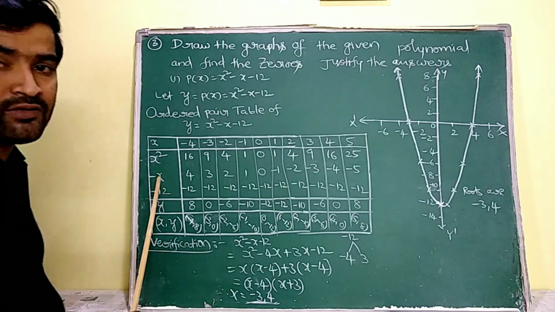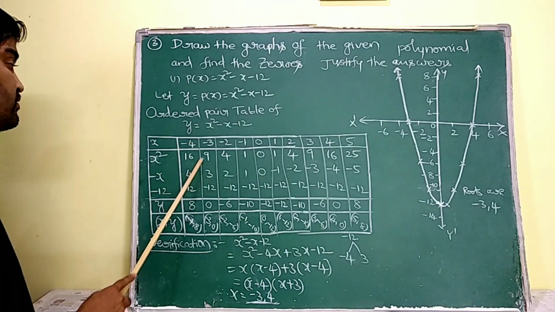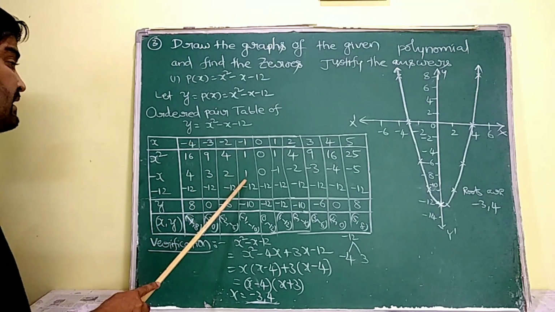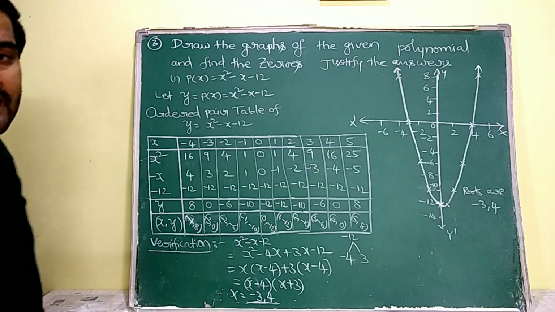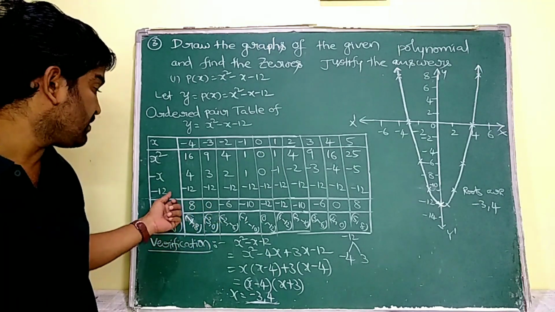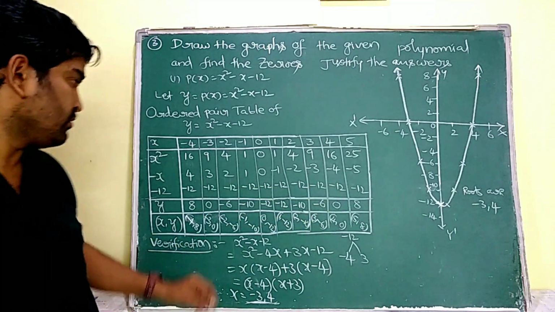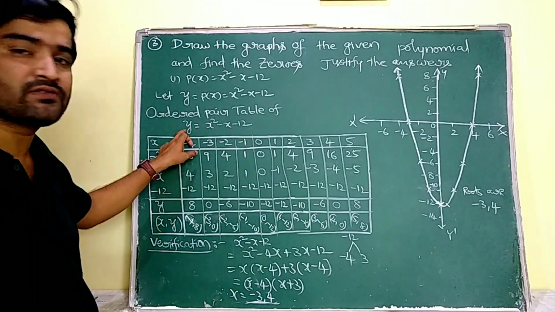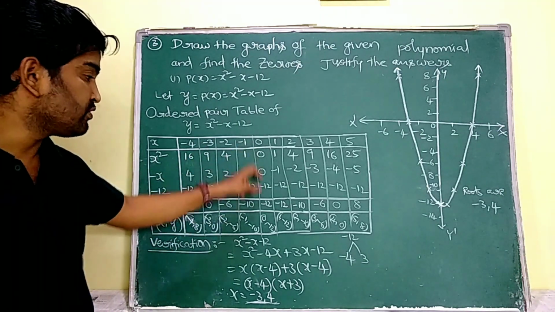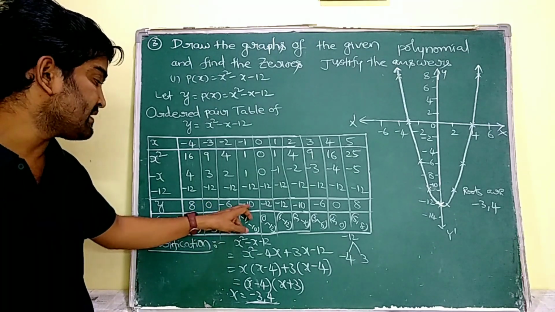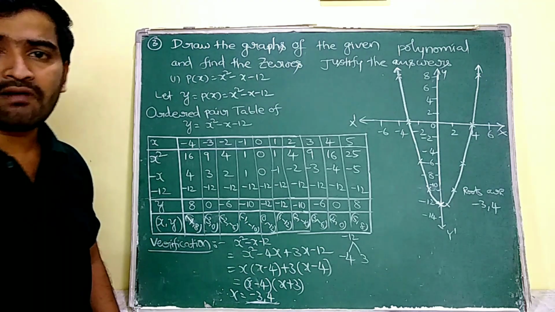Now minus x I have to write. Minus x in the sense, Seema, x is minus 4, minus x is plus 4. So plus 3, plus 2, plus 1, and minus 1, minus 2, minus 3, minus 4, minus 5. We know that the constant never changes. That is, minus 12 will never change. So all the values here are minus 12 only. All the three values together give y, no? Just add these three more. So that gives us y. So I am going to do that. So 8, 0, minus 6, minus 10, minus 12, minus 12, minus 10, minus 6, 0, 8 I obtained as y values.